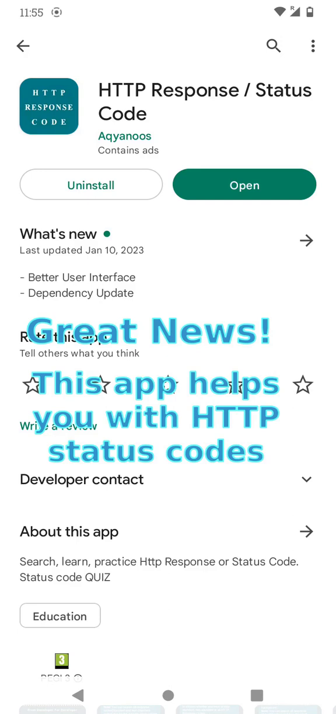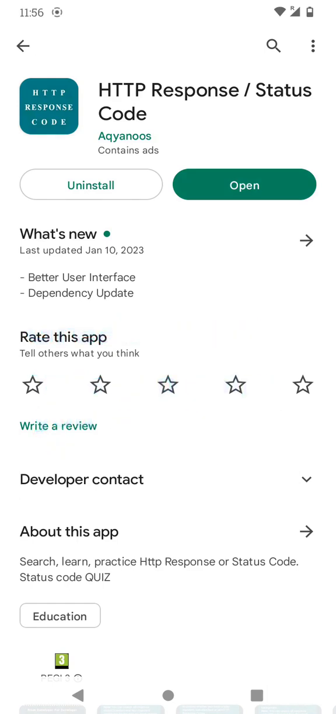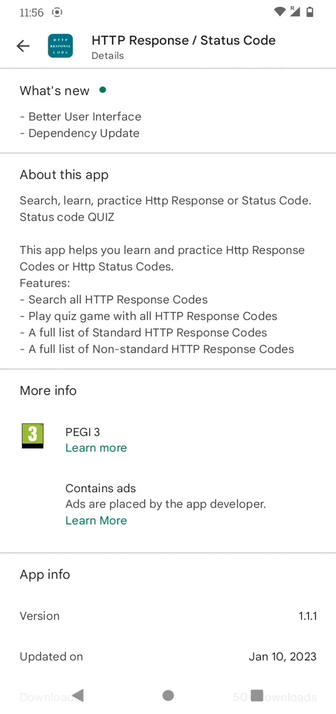If you are a developer, a software developer or web developer, there is a very helpful application for you. This is a great HTTP response code reference. This is offline. It needs no internet and it has a lot of features. If you read about it here, search, learn, practice, HTTP response or status codes, and there is also a quiz